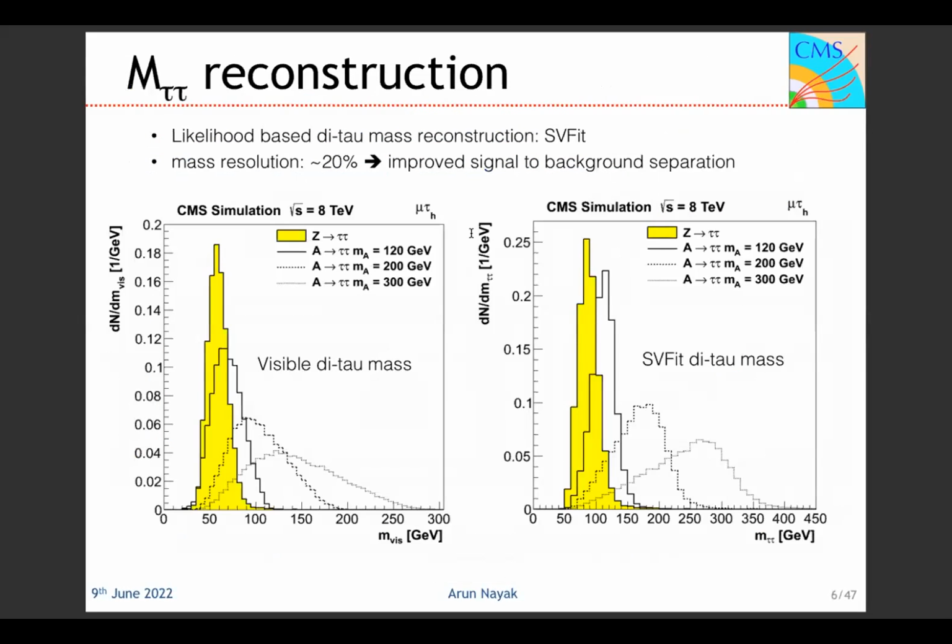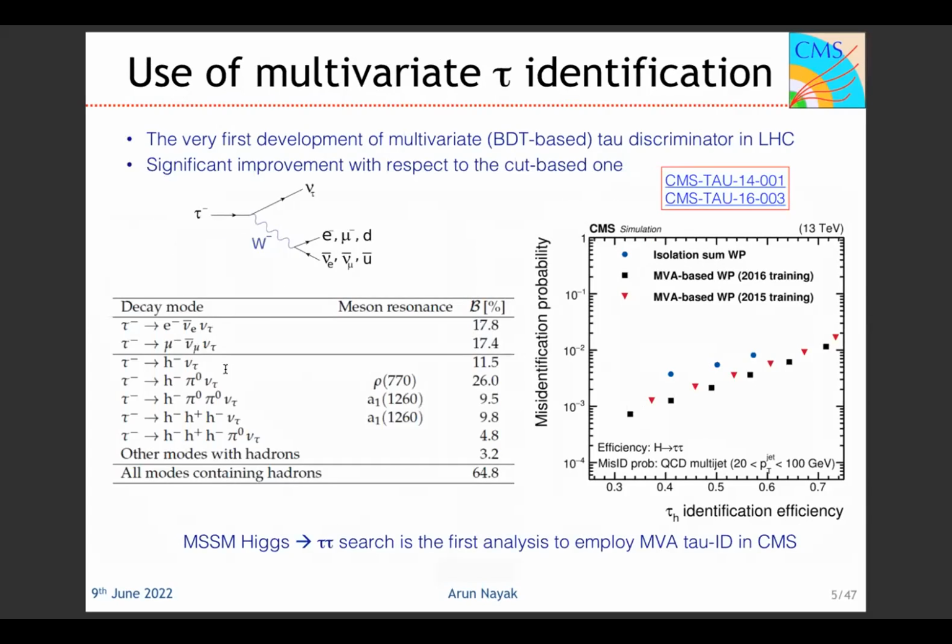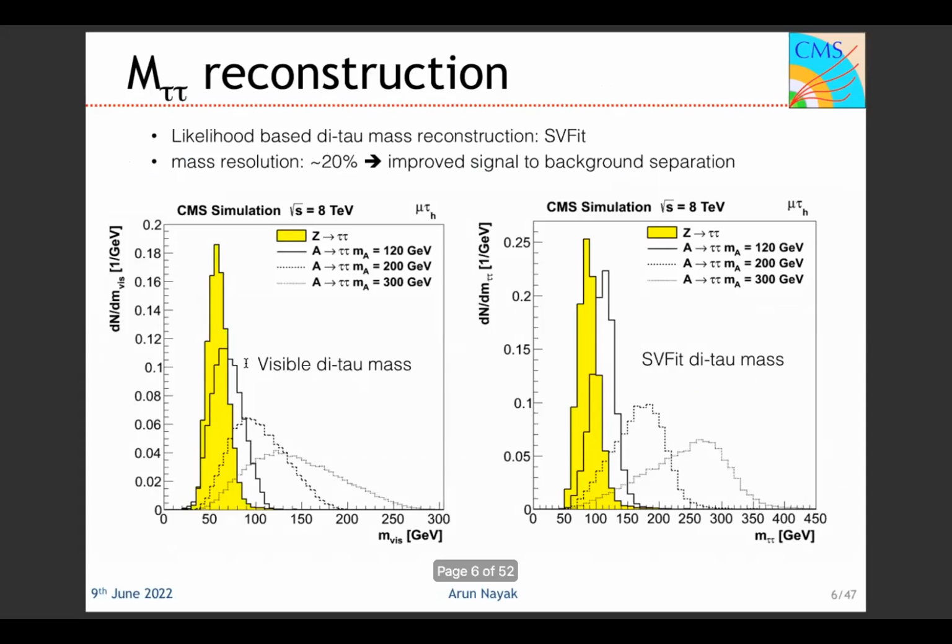Okay. And one aspect of this analysis, also the same in the standard model case, is reconstructing the di-tau mass. As you see, in the tau decay a lot of neutrinos are produced. In the case of hadronic decay, you have 1 neutrino. In the case of leptonic decay, you have 2 neutrinos. So there is missing energy in the tau decays, and you do not get the full tau reconstructed mass just by combining